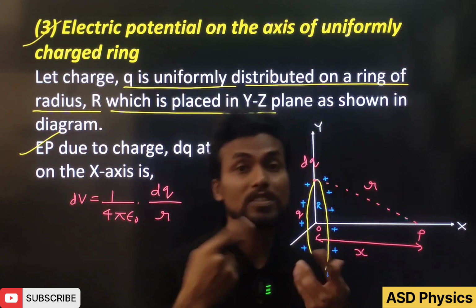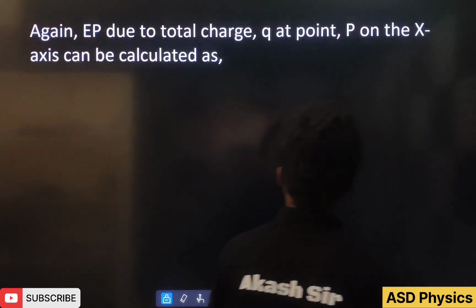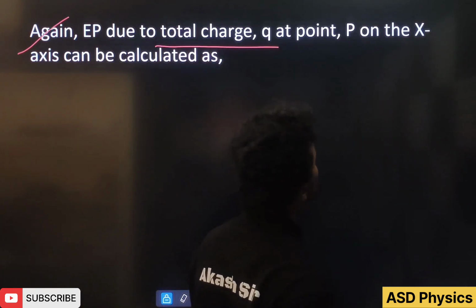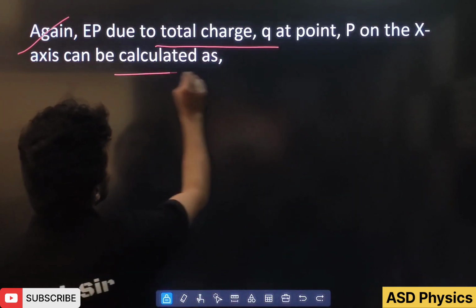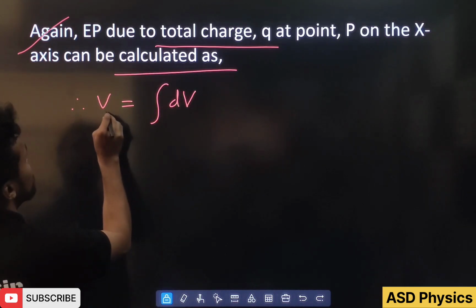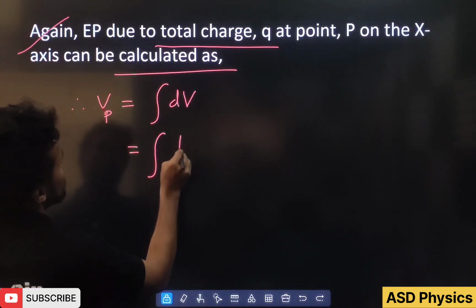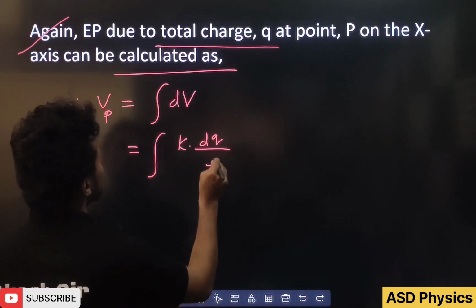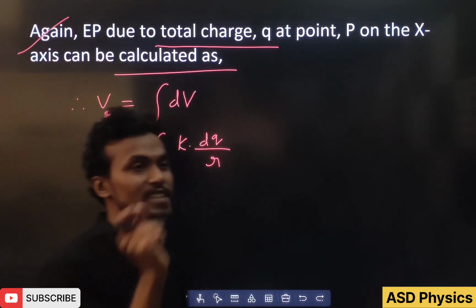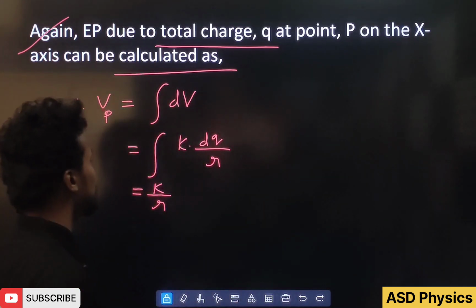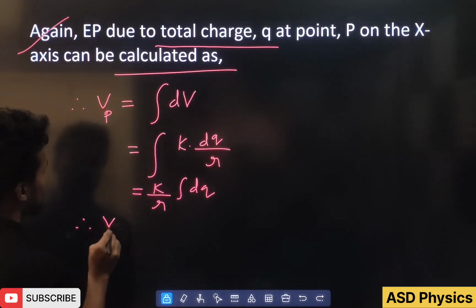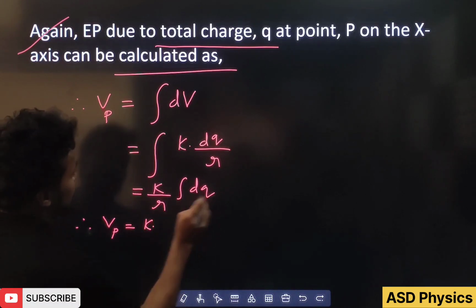Now the total potential, how much? We have to just integrate it. So see here please. Again, electric potential due to total charge q at point P on the x-axis can be calculated here. So hence V equal to integration of dV, where at point P you can write, no problem. So here what will come? K into dq by r. Okay, what are the things constant? This K by r is constant because charge and observation point are equidistant, just like a birthday cap. Okay, and here what will come? Integration of dq. So hence students, Vp is equal to K, integration of dq